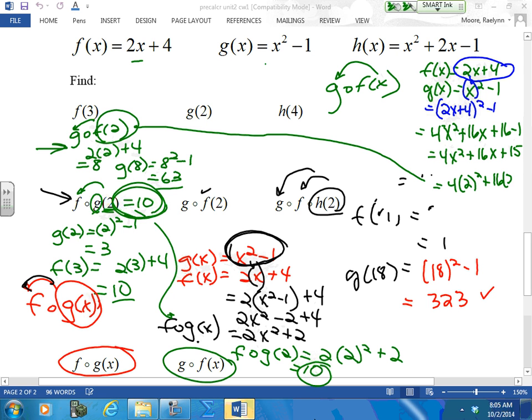would someone be so kind just to throw this in your calculator? Does this come out to 63? Good, right? Paul's going to check on it, right? Paul will check for us. 63? Okay? So, whether you work your compositions with your numbers, or you have to find your equation if you're going to do them more than once, they should all work out. Remember always to start at the right and move to the left. So just a little bit on your function notation. Now tonight, I'm not asking you to do